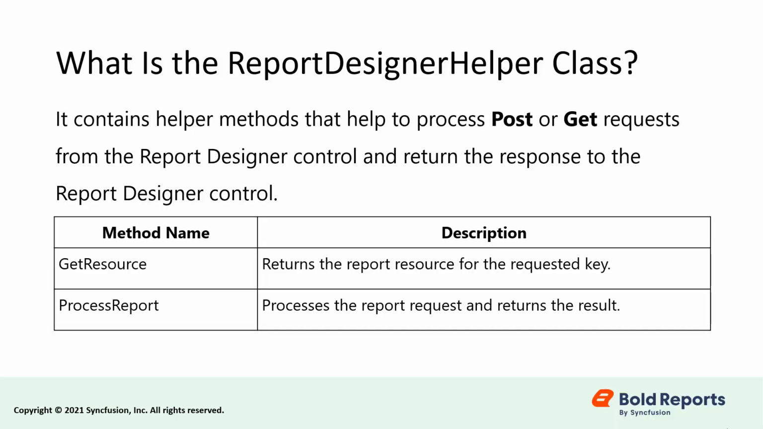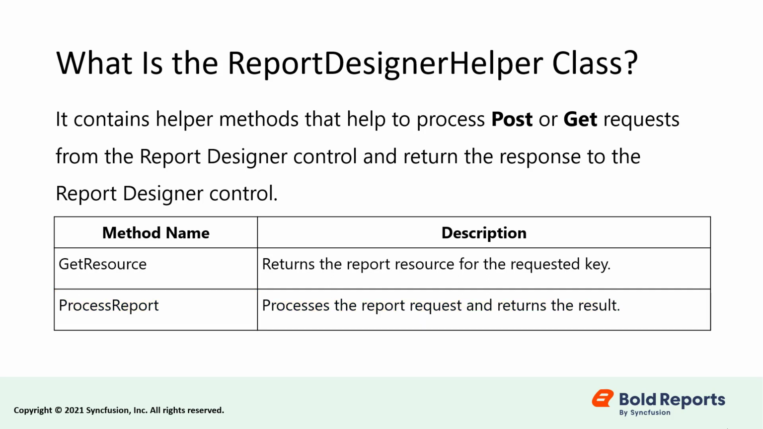The ReportDesignerHelper class contains helper methods that help process post or get requests from the Report Designer control, and return the response to the Report Designer control. It has the following methods. The GetResource method is used to return the report resource for the requested key. The ProcessReport method is used to process the report request and returns the result that needs to be rendered in